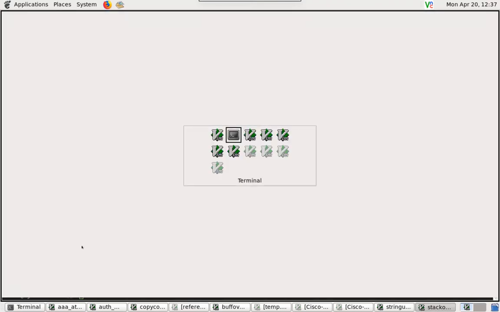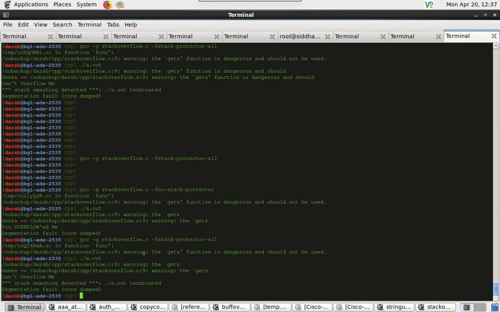This is because of the use of the flag stack protect all. So let us understand what this flag actually does that will help us in preventing the overriding of the variables. And also you can see one more thing, that here we are able to detect the stack smashing, which we are not able to detect in the case of no protect.